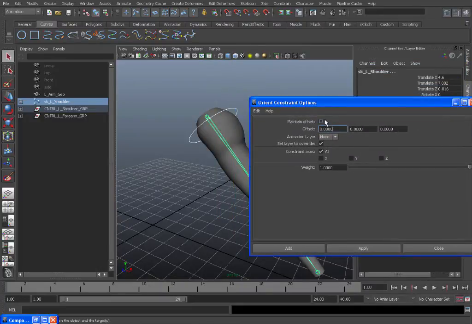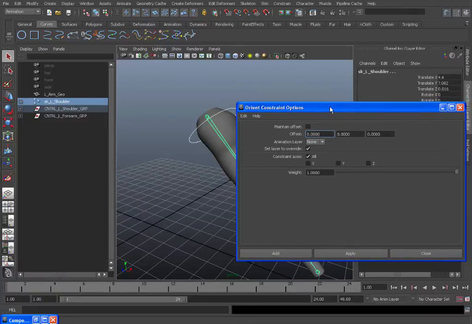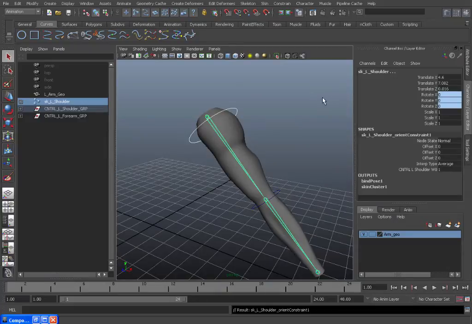Now here you can use maintain offset. You would only use this if the orientations are different between the joint and the control, but in this case we already aligned them perfectly, so there's no need to do that. So keep this switched off, and all the other settings are fine. Make sure you're constraining all axes, so hit add, and as you can see the orient constraint is stored here in the shape node of the controller, of the